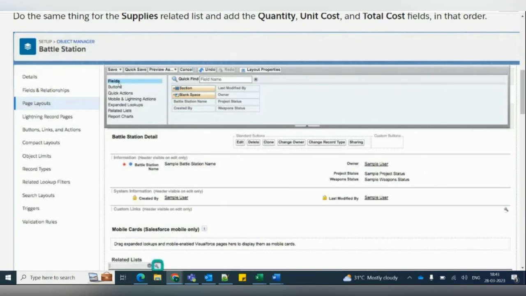Whenever you click on fields, the available fields on this particular object will be displayed here, and the ones which are grayed out are fields that are already available on the UI. For example, if you want to remove any other field, you just need to go to